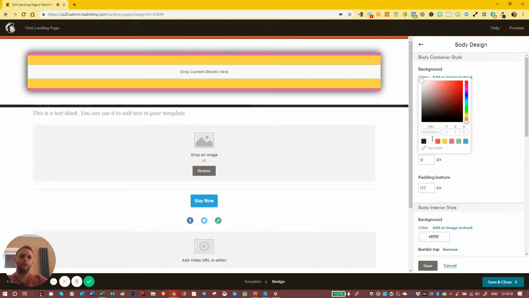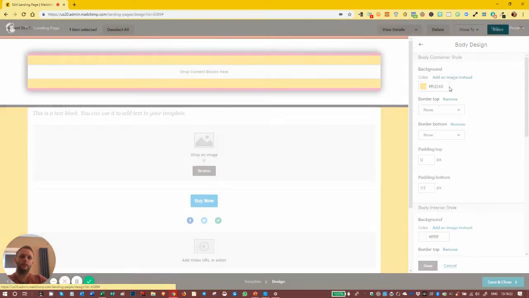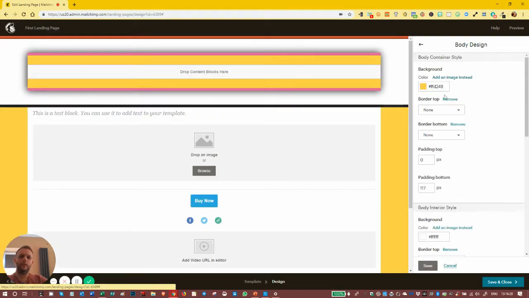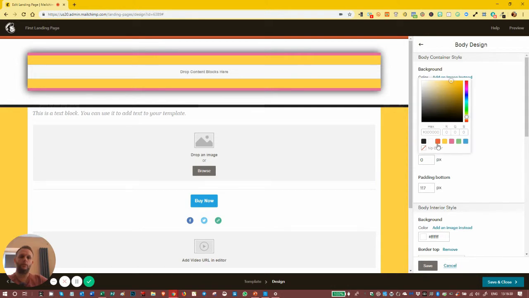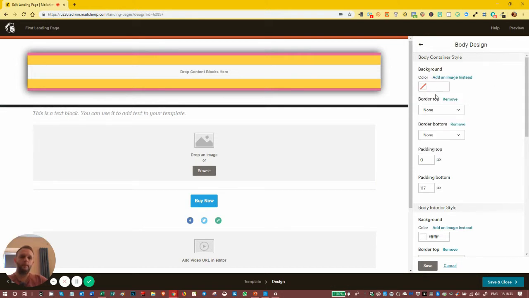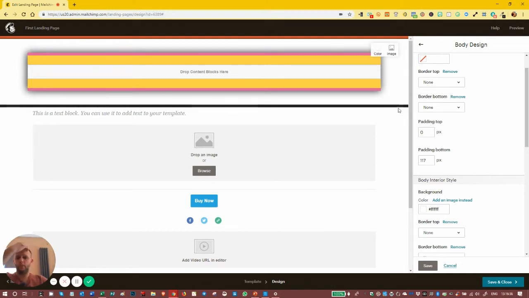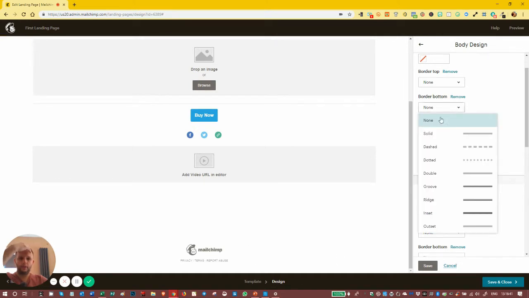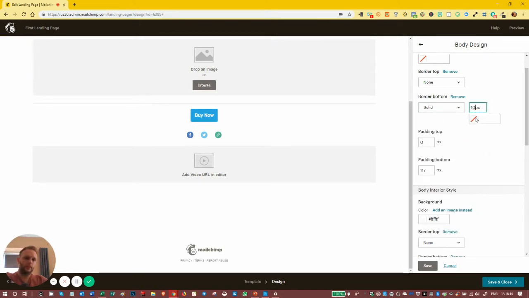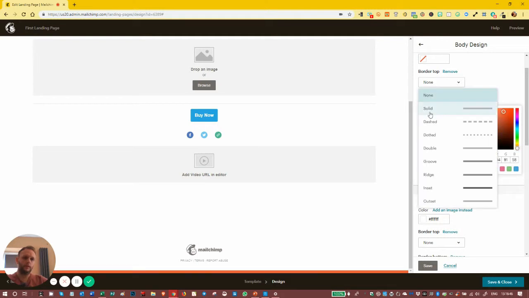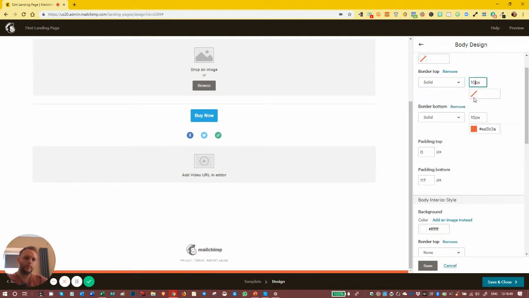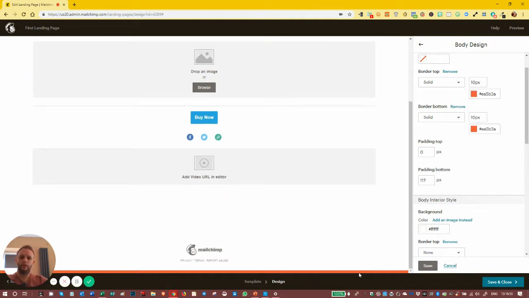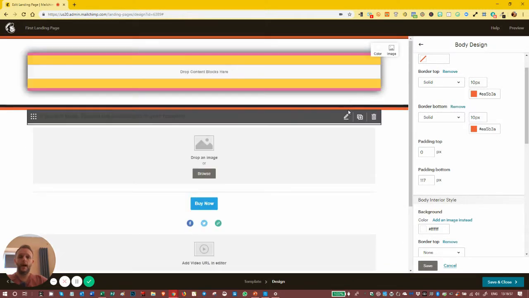So again, we can change things. We can add an image, so. We can change the colour, we can have no colour. Again, we can have a border top, which is just going to be just underneath here, and a border bottom, which is going to be at the bottom here. So if I just do a solid 10 in red, same top. You can see that red bar at the bottom of the body and the red bar at the top, just